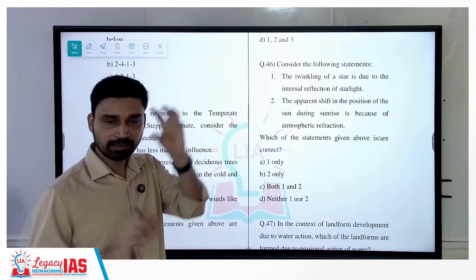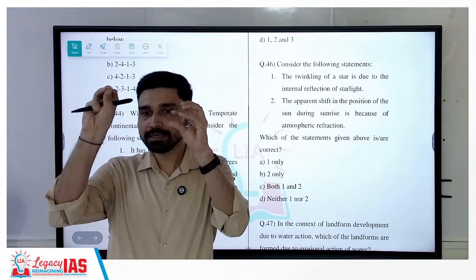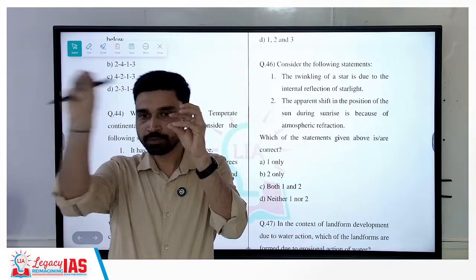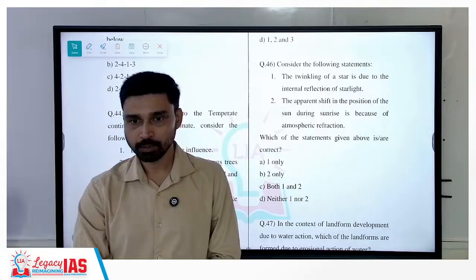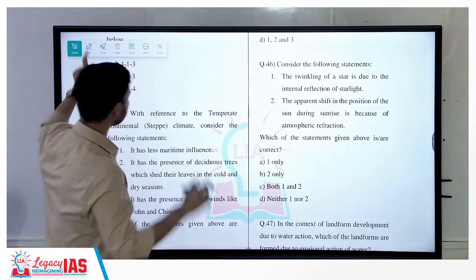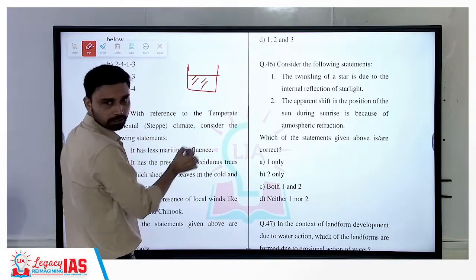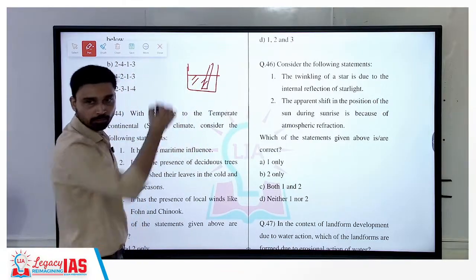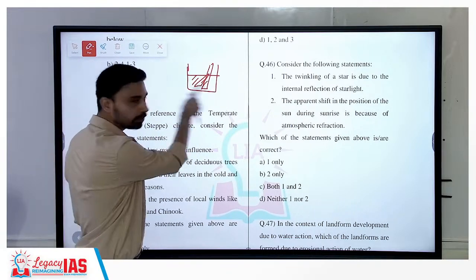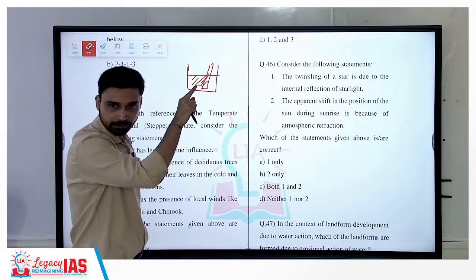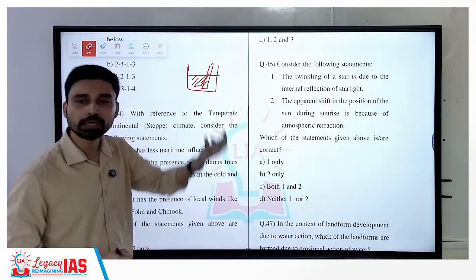Twinkling basically means that you see a star here, and after some time you see that star there. You cannot fix your gaze on the exact position where a star is. Why? Imagine the example we have taken in class about the glass with water: if you put a stick in and look from outside, how does it look? It appears bent. Imagine this going on continuously, because stars are continuously emitting light. So what you will see is this kind of movement. This is what we call twinkling in the case of a star.